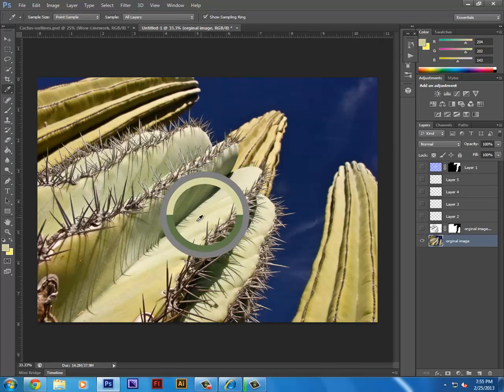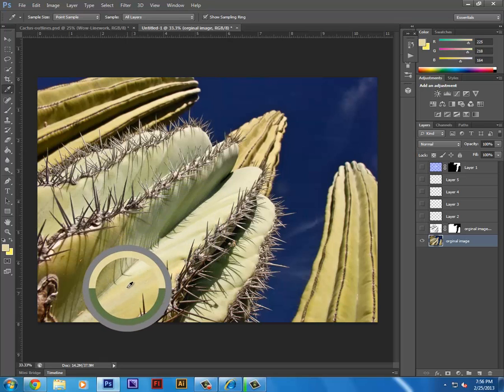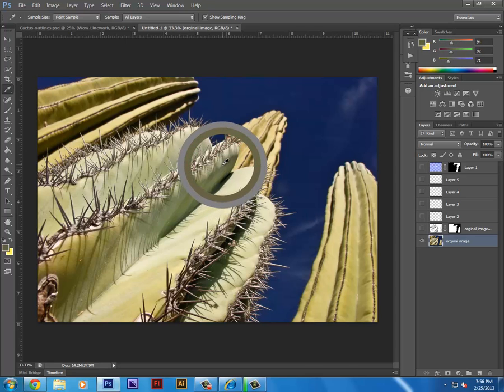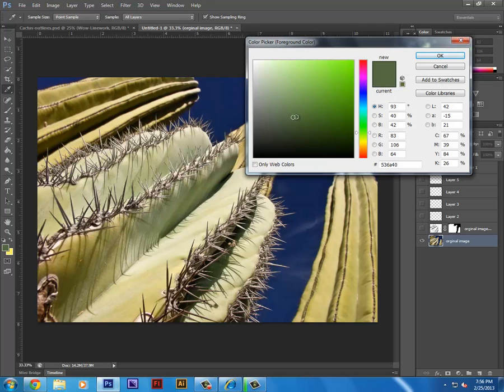So you see, as I click and drag, what color is going to become the foreground color in my tool here. So if for some reason I want it to be a lighter green than what's currently here, just click and drag until you find something close to it, like that. If you want to adjust it again further, just double click on this here, and then we can go ahead and select a different color. I'm going to choose kind of a lime green,